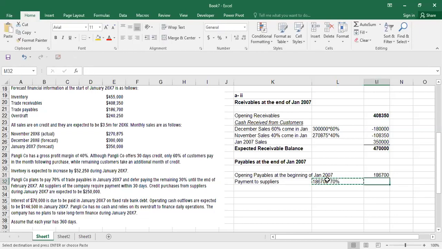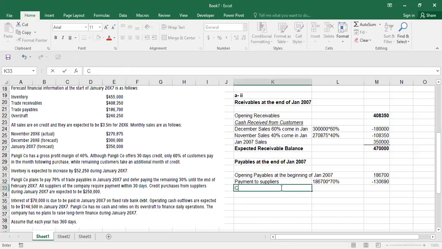So this will decrease your payable. So I will multiply it with -1. So I say that I had my opening payable 186,700. Out of this 130,690 I will pay, but then you will also make some purchases, credit purchases during January,